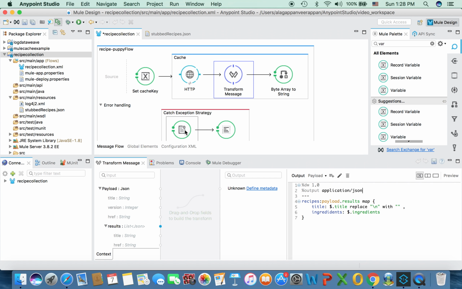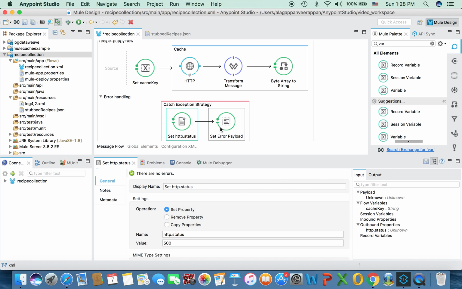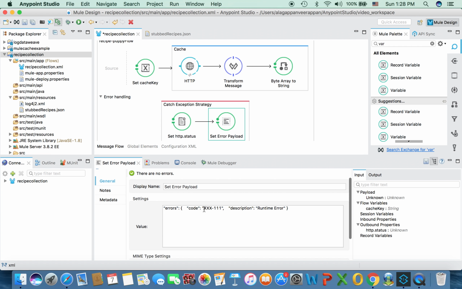So I'm having the exception strategy just to ensure that if they are down, I should not cache it. If they are giving some 404, I should not cache it. So that's why I'm having a cache exception strategy. When it breaks here, it will not store it in the cache and it will go to the cache exception strategy, where I am sending the HTTP status as 500 for now. 500 is internal server error, and I'm setting the error payload, like some error code and description, runtime error,